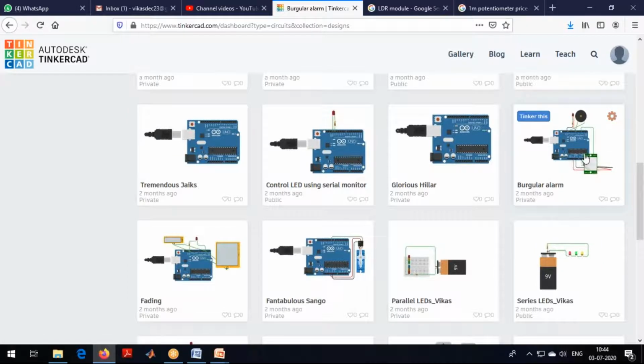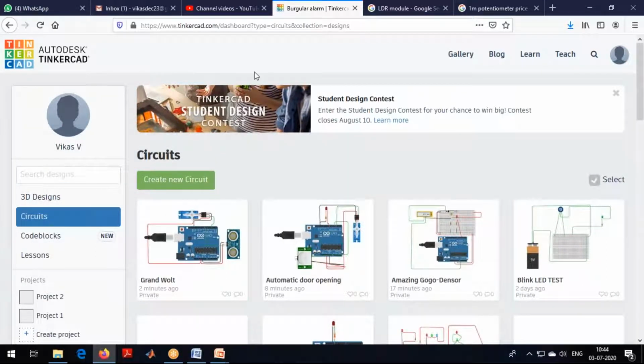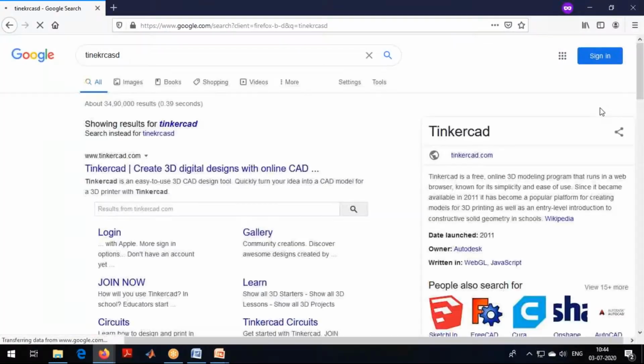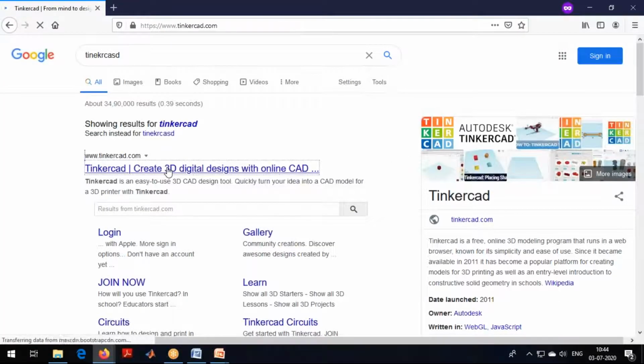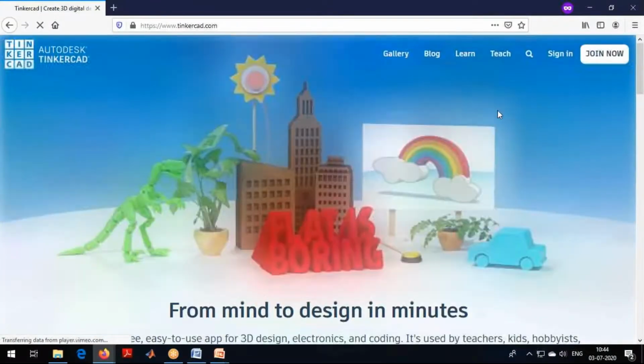Okay. I shared. You can just search Vikas in projects, Tinkercad. You search Vikas profile and let me know what you are getting. One second, sir.